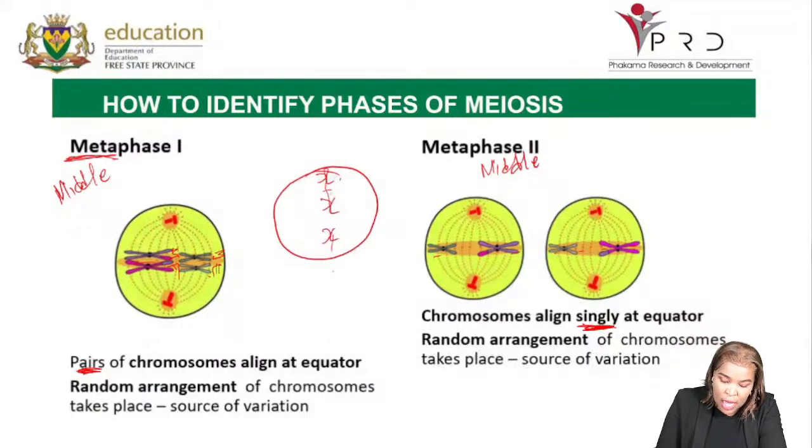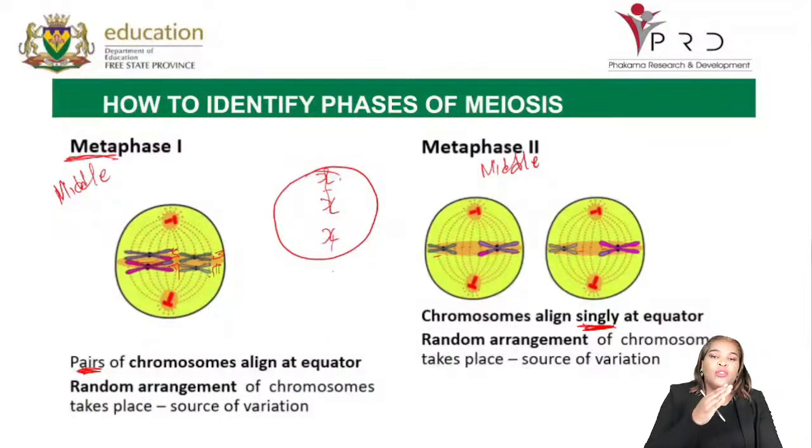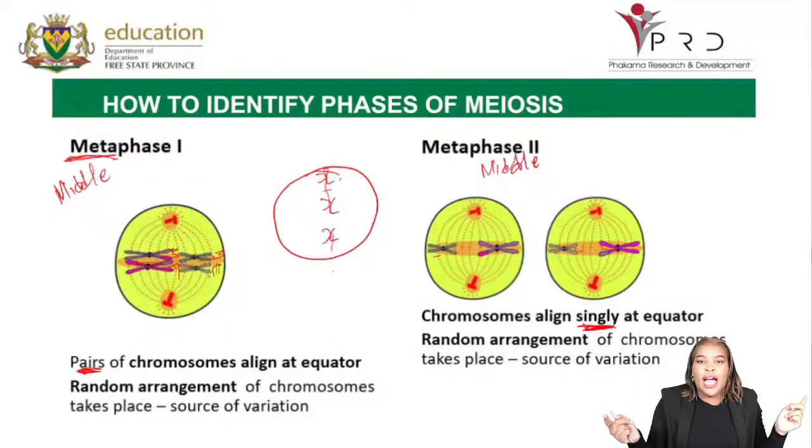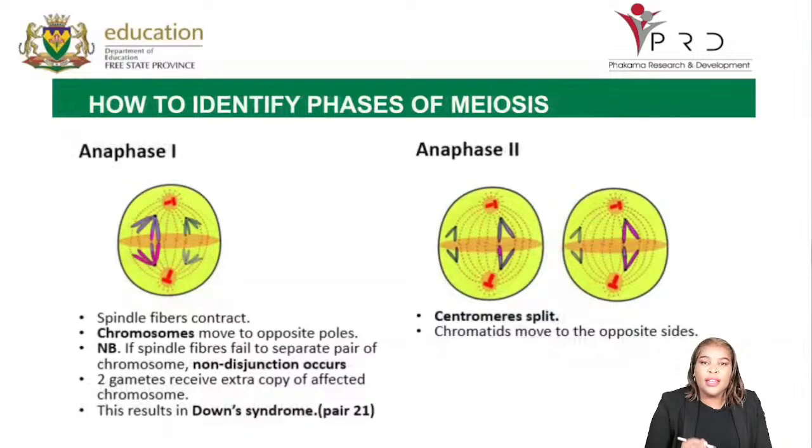So these chromosomes are not staying there in line to say you are for this, you are for this, you are for this. They are arranging themselves there at the equator randomly. And this also brings about variation. So when you are asked about variation, you can also mention that. Then the next phase,